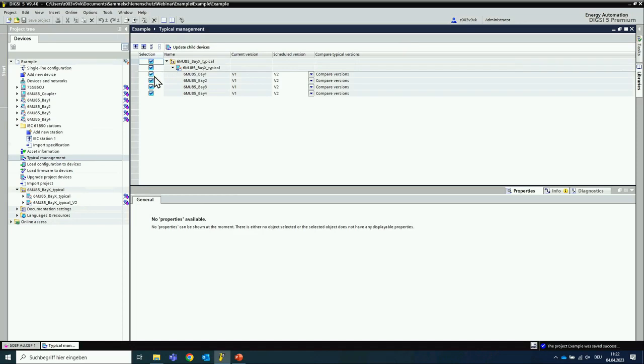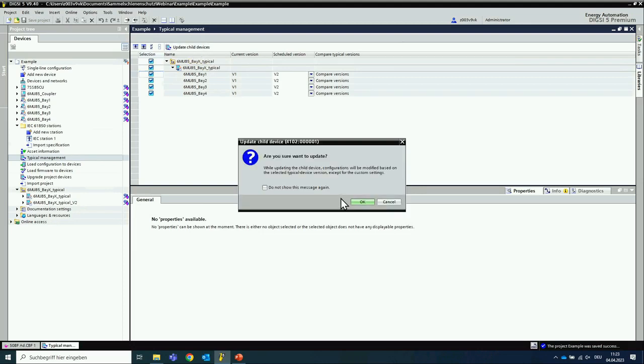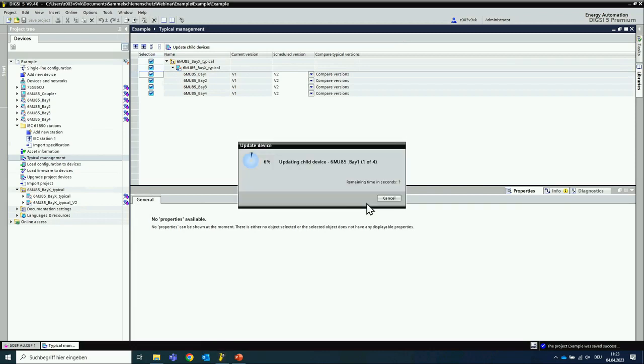Of course, if for some reason you do not want to apply the changes for one specific bay unit, then you can simply not activate the checkbox for this bay unit where you don't want to do the change. In our case, I apply this change to all devices. Now I press the Update Child Devices button. Here, the pop-up window asks if I'm really sure. Yes, I am. And yeah, now in the background, it applies the change to all the merging units,